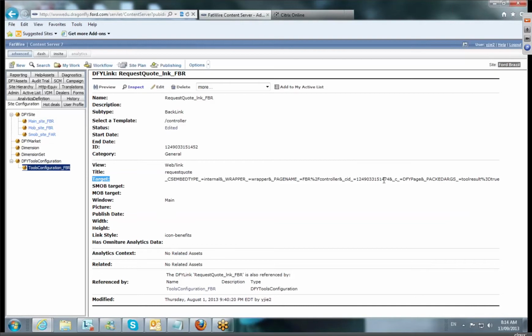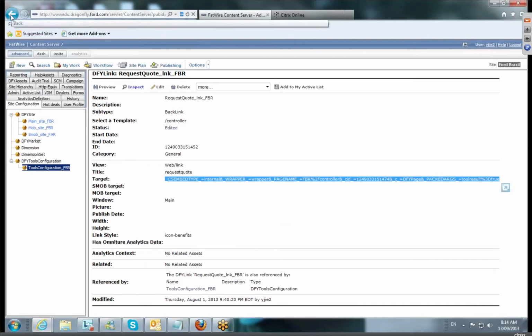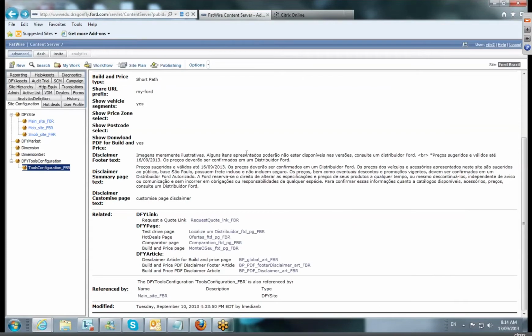Don't change anything. It's already been configured in the right way. So do not change it. It's okay, always linking to the forms